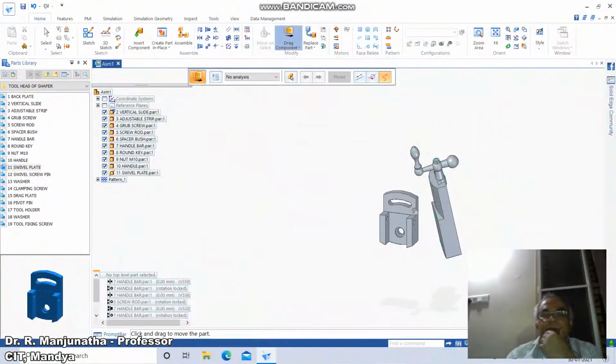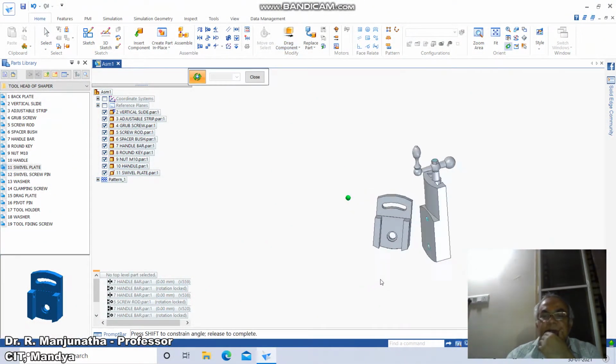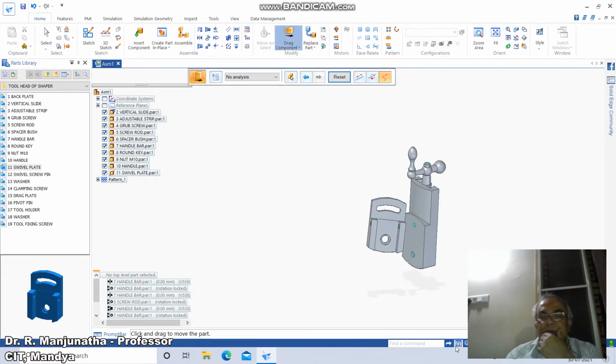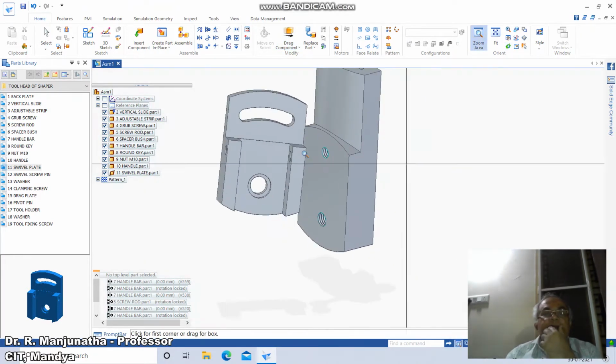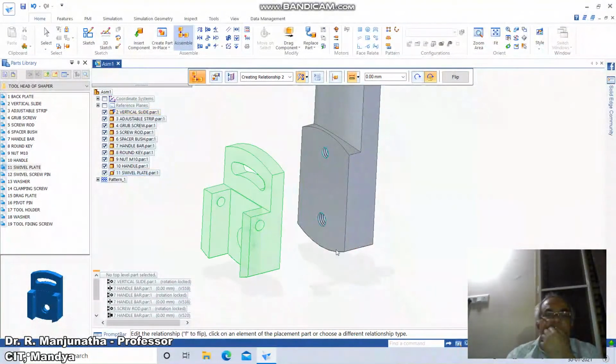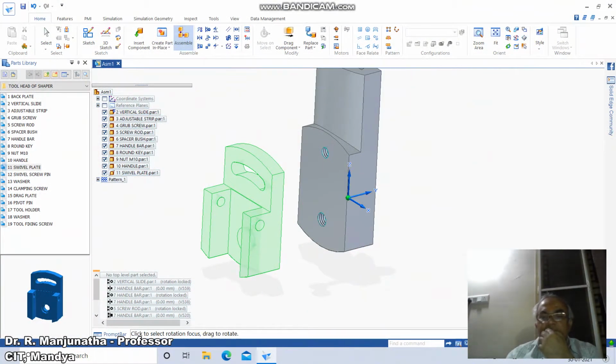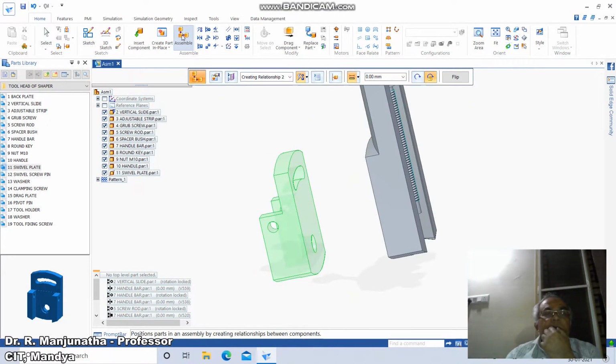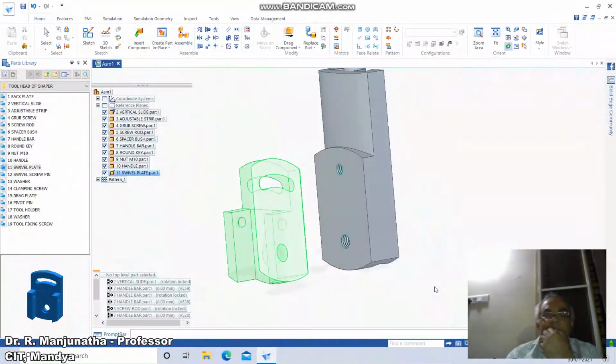Okay, so bring it, then go to rotate, reorient this, then go to zoom area, then go to assemble, then lock the rotation, click on this axis of this with reference to the axis of this, and then rotate, then go to assemble, click on this face with reference to this face.